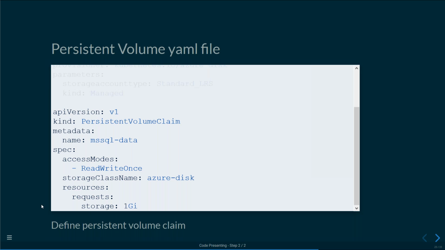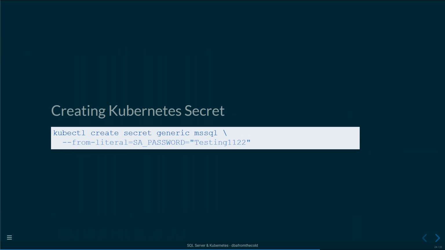Okay. Now, one thing I do want to mention is, I don't know if anyone noticed in the first demo, in my config file, I had hard-coded my SA password into that YAML file. Now, this is a bad thing. I don't really want to be having my SA password in clear text floating around in config files that I'm going to do something like push up to GitHub. So Kubernetes has an option here called secrets. We can create a secret that will hide away our sensitive data. So I can say kubectl create secret generic MS SQL from literal, and it's going to be SA password.